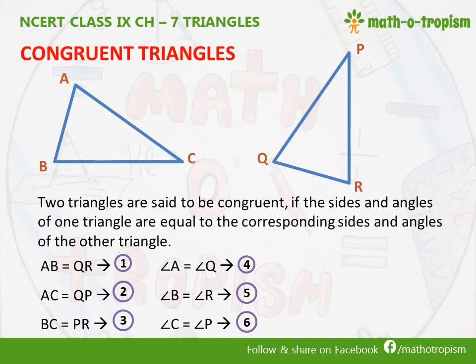And when we are naming these congruent triangles, we have to see the corresponding vertices. The easiest way is to start with the equal angles. So when we see A corresponds to vertex Q, because both those angles are equal, vertex B will correspond to R and vertex C will correspond to P. Therefore, we can say triangle ABC is congruent to which triangle? Instead of A, we will write Q, B we will write R, and C we will write P. Therefore, triangle ABC is congruent to triangle QRP.